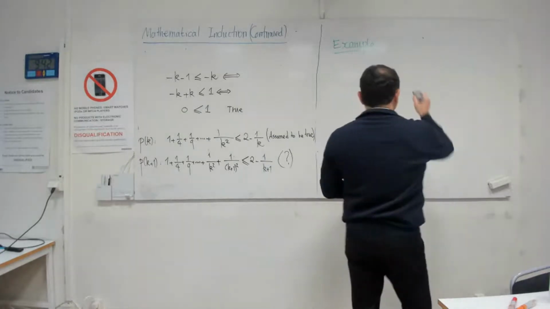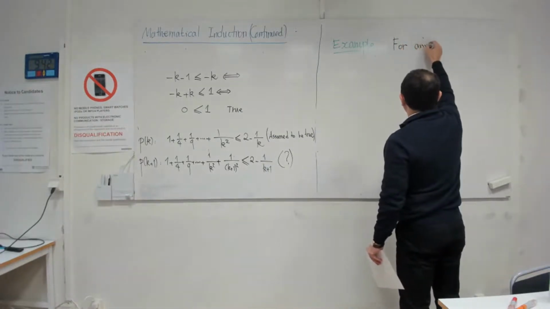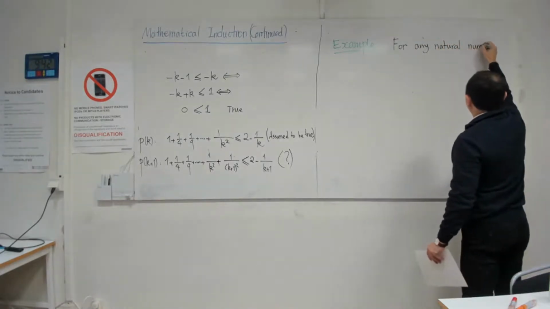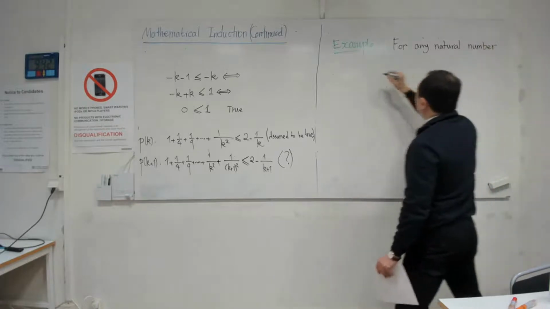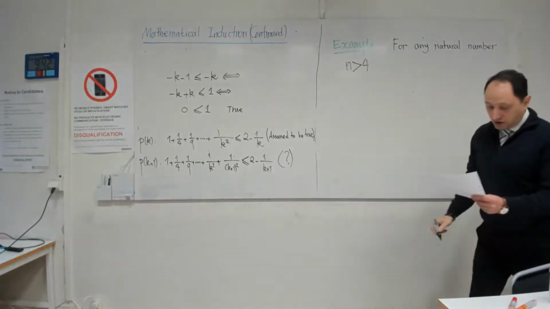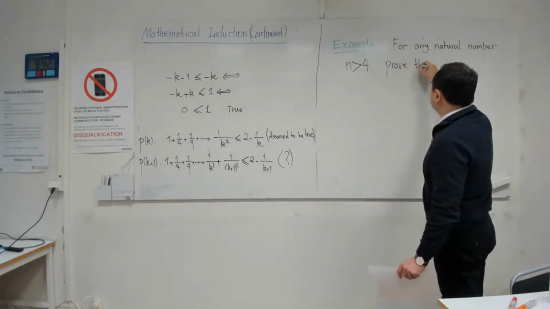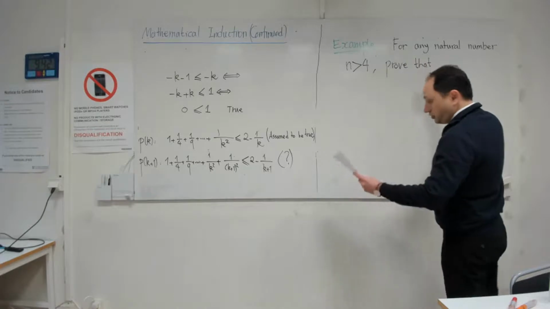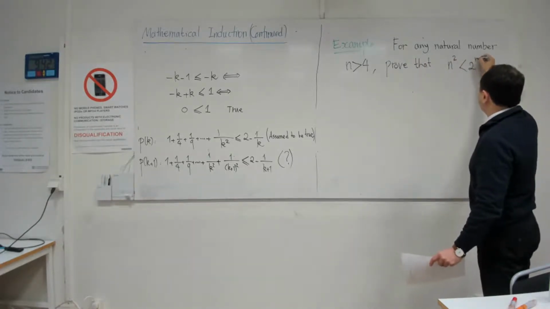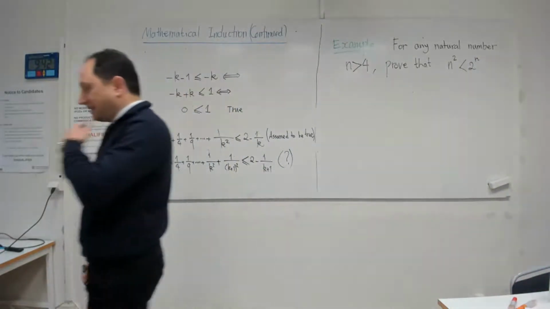For any natural number n, n greater than 4, show that n to power 2 is less than 2 to power n. Okay,